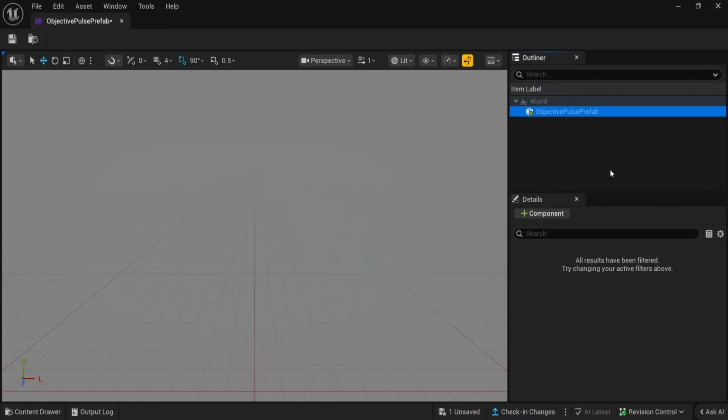I'm not going to go super in depth into Scene Graph in this tutorial. I'm more going to focus on what needs to be explained to actually create this Objective Pulse, and I'll try to explain that the best I can. But there's obviously a lot more that can be done with Scene Graph that I'm not going to go over in this tutorial. So once I select this, this is a prefab, but at the same time,